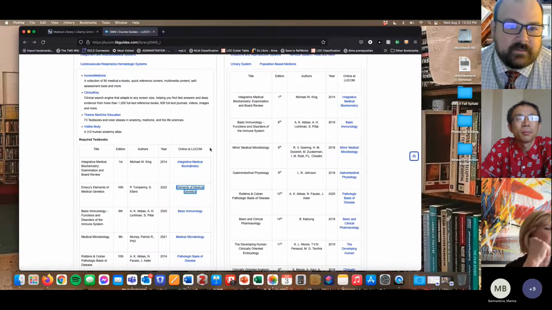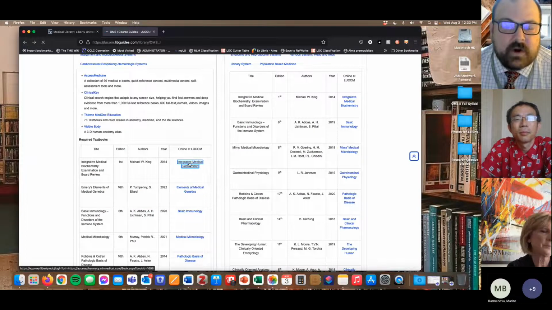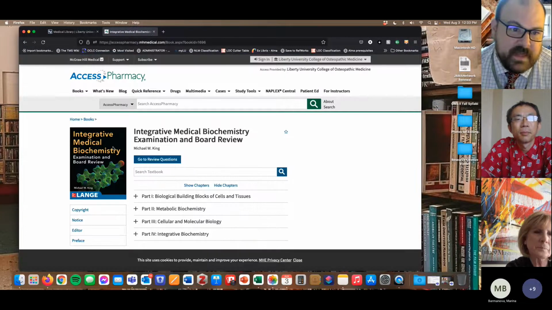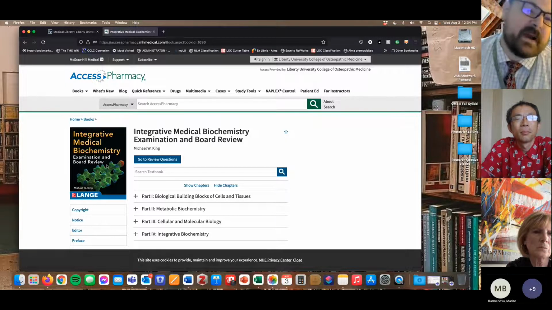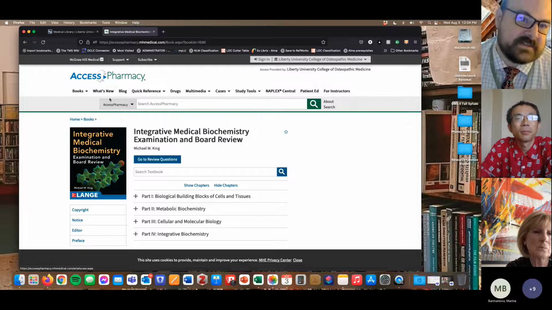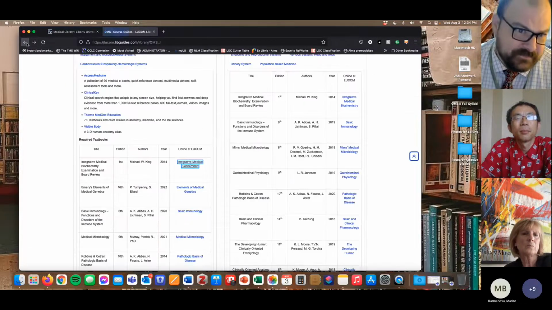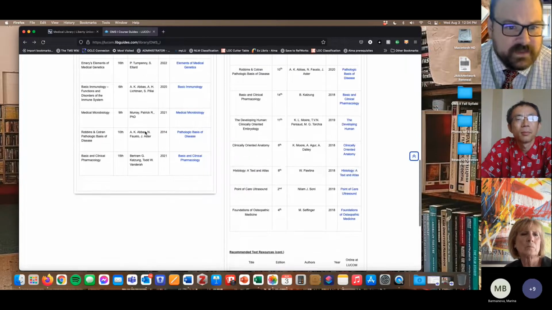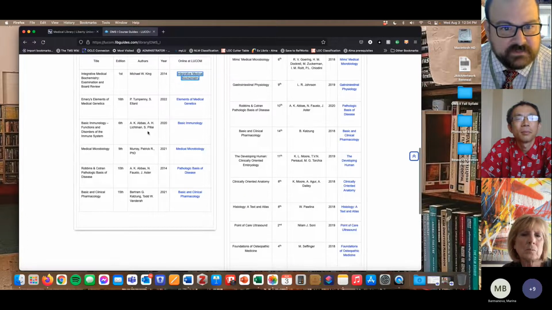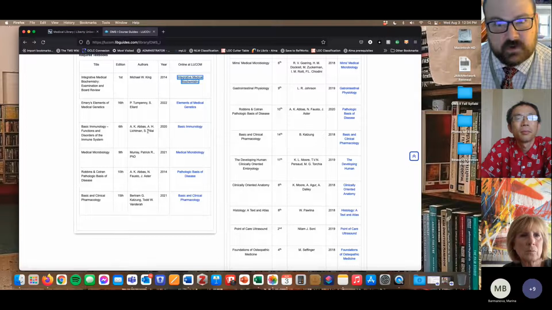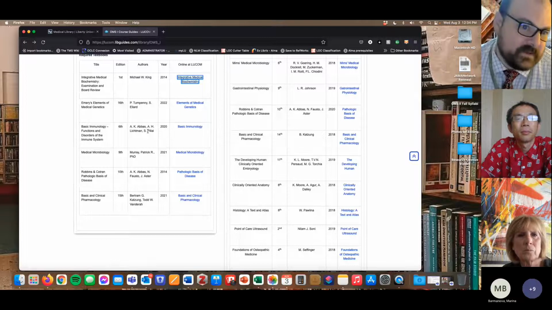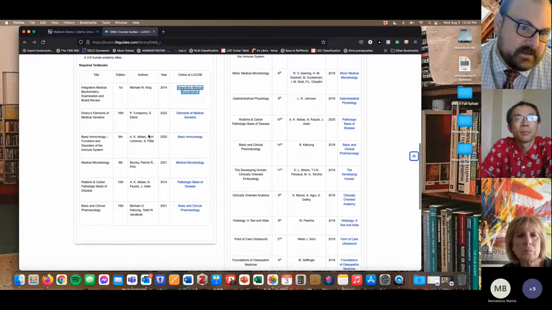If you have a book that has the McGraw-Hill publishing house stamp, you'll see McGraw-Hill Medical. They're the ones that make Access Pharmacy and Access Medicine. So a lot of these McGraw-Hill Lange publications, if you see that, that's kind of a tip, and you're not sure if we have the ebook, it's probably in one of the Access Medicine or Access Pharmacy resources. Another big company for your required textbooks is Ovid, also called Wolters Kluwer, also called LWW. Those are all the same